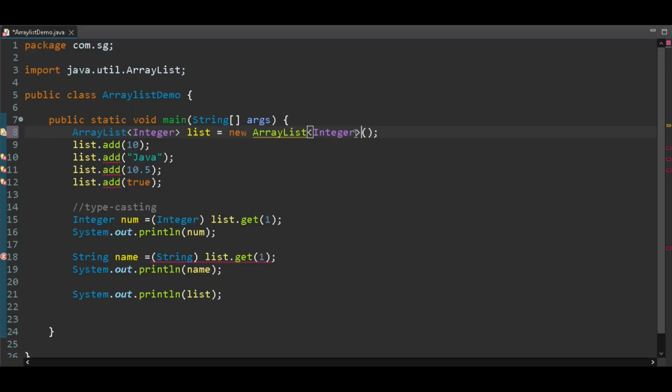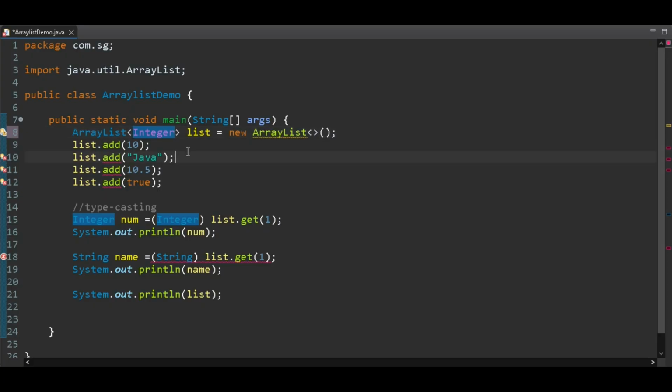Or instead you can simply specify the diamond operator like this. Okay, so either you can specify the type here same like this, or you can simply put a diamond operator. Both are valid. So here we have specified integer type. That means this array list allows to store only integer values.